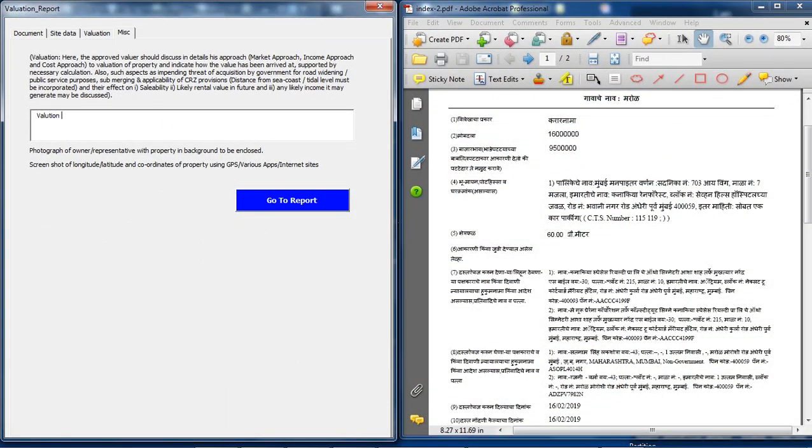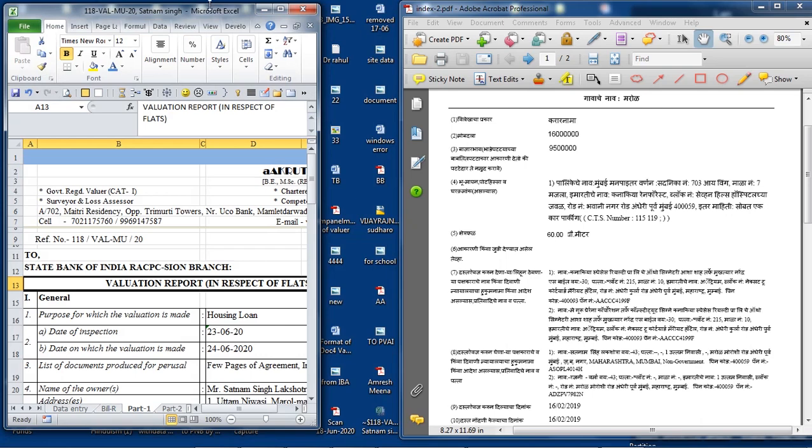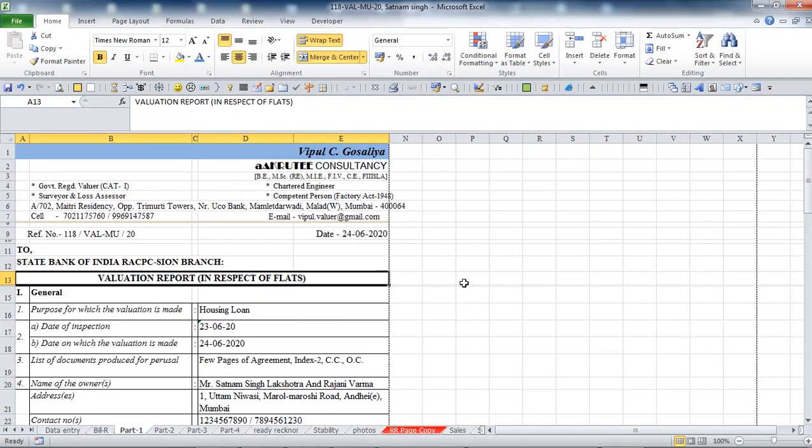Here we can add description as per the format. By clicking this button, we will get the full report in Excel format.